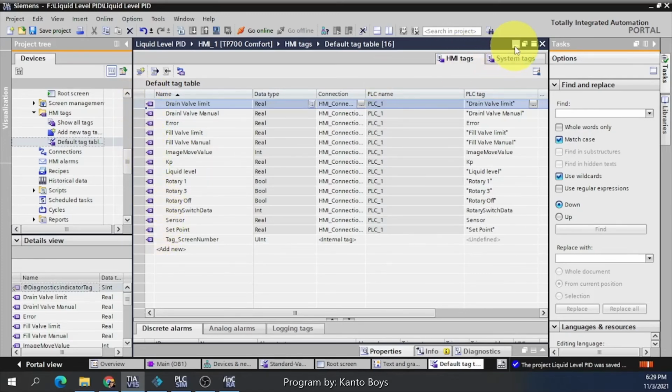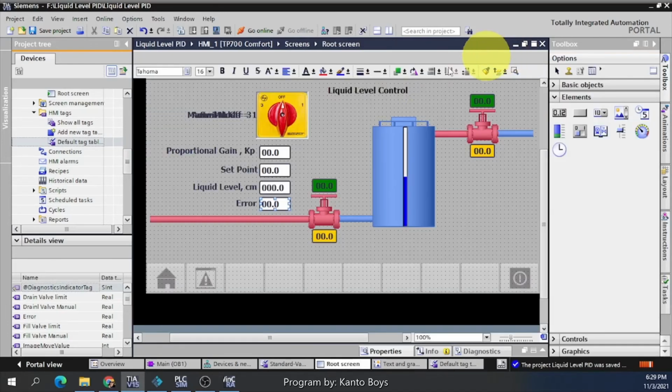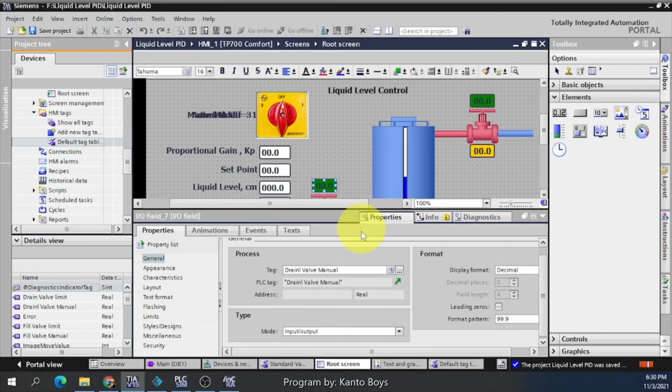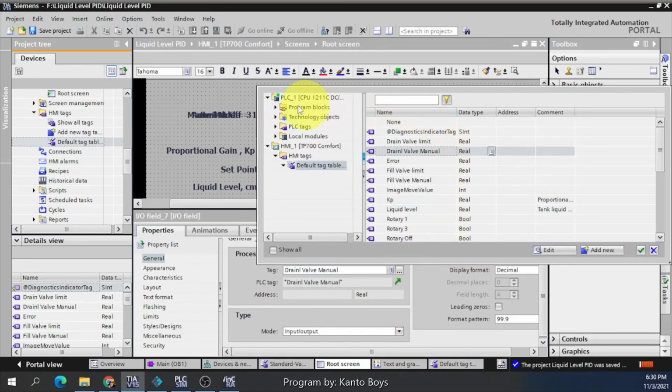When you assign a tag, you go to properties, click here, and then you can go to PLC tag.